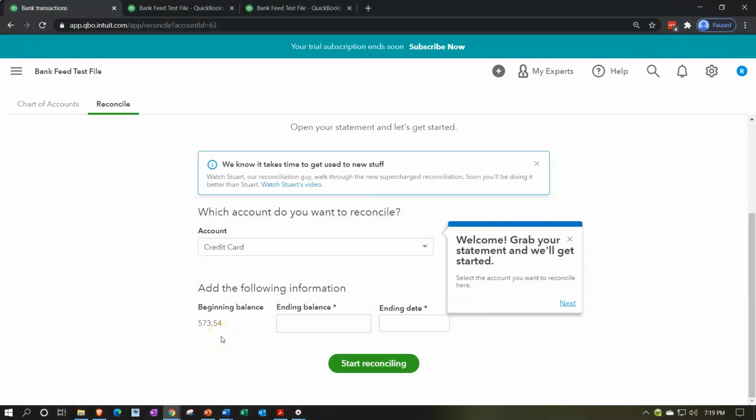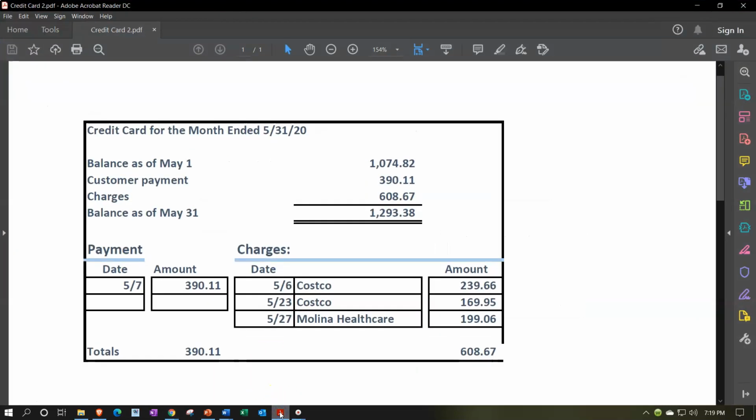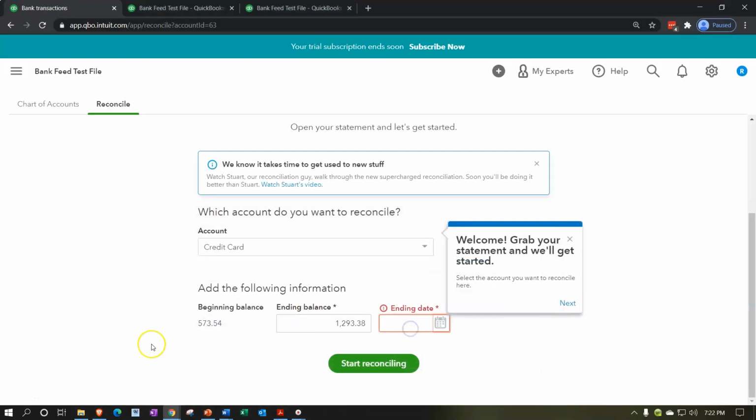It's going to cause us a problem because it doesn't tie out to what's on the statement, and that's our typical problem for the first one. So we'll deal with that in a second. Then the ending balance we're going to say is going to be that 129338. And then the ending date is going to be